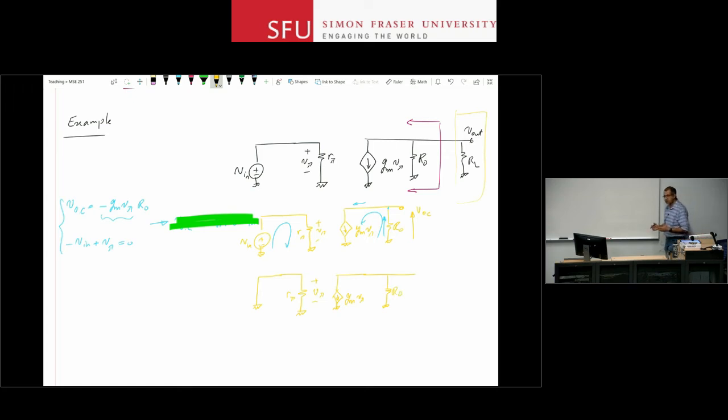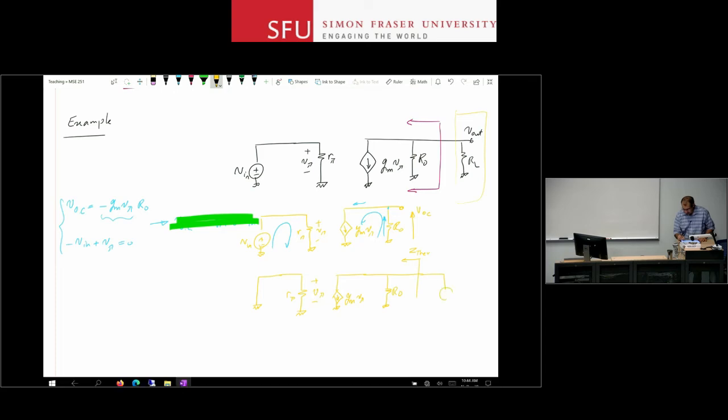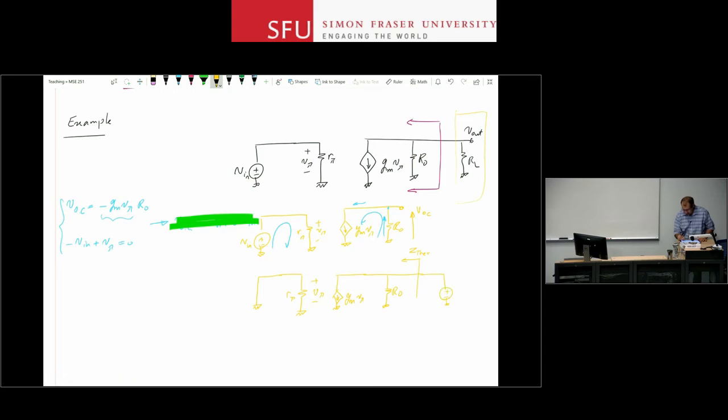And now I want to use a test source. So I connect my test source to this port. Remember, I want to find the equivalent Z Thevenin to the left of that connector. I attach my test source here and calculate this Ix. Okay? So in this case, I can see that Ix is going to give me two current components, one going down RO and one going to that